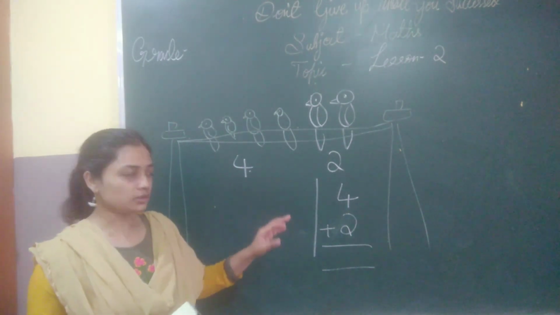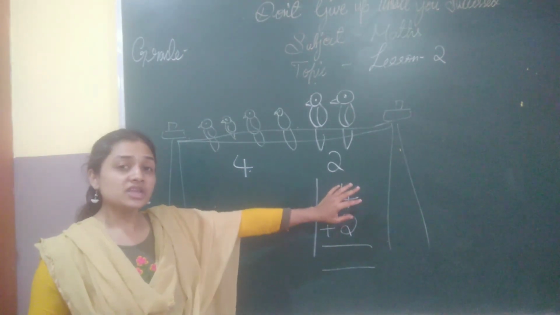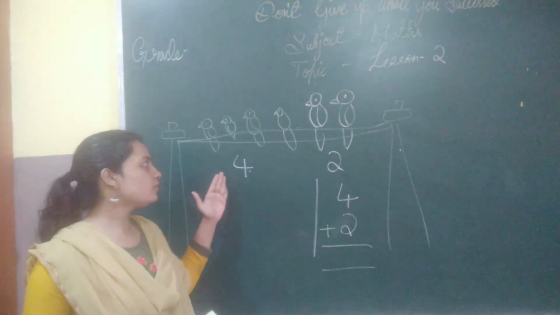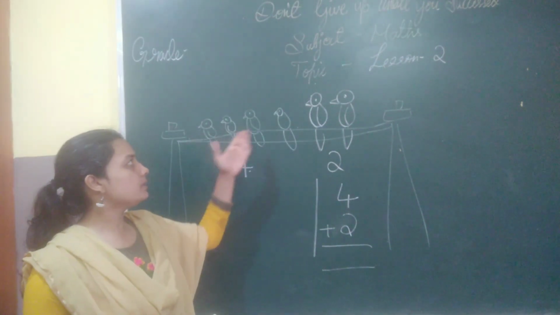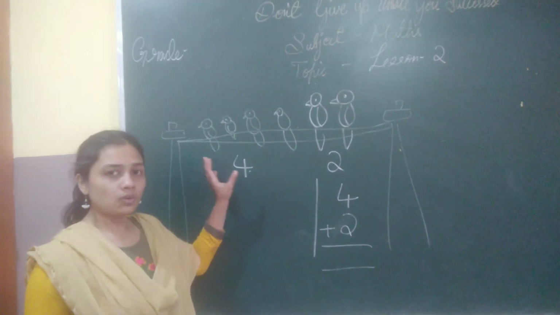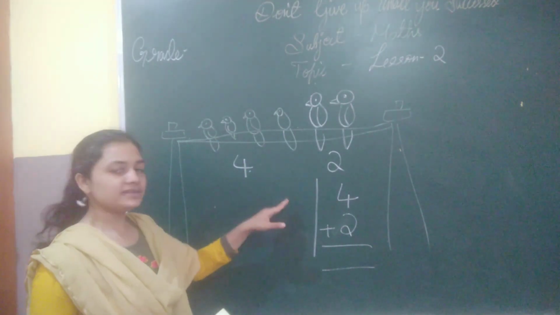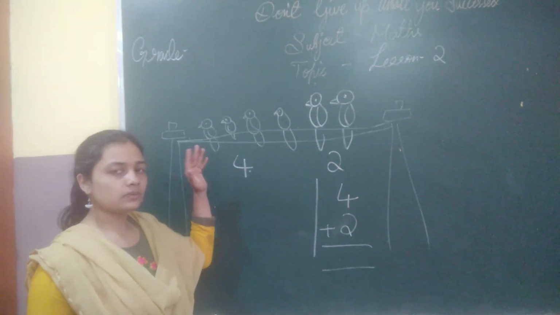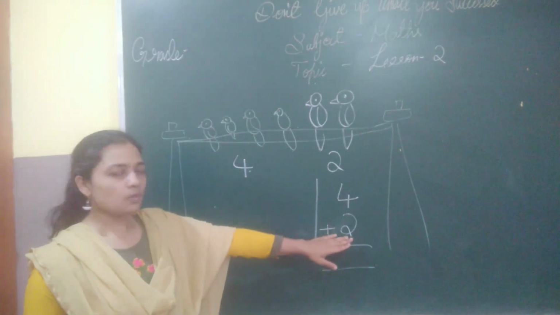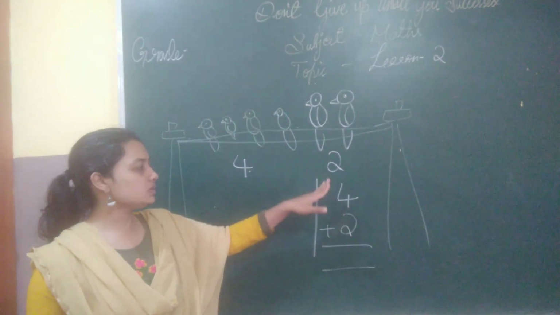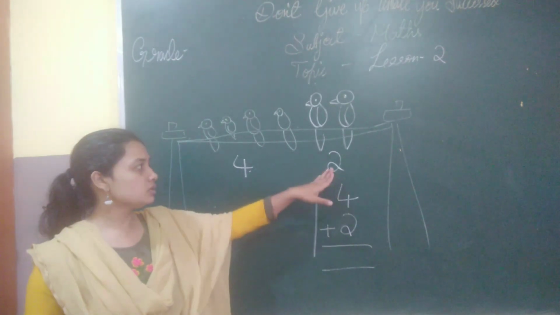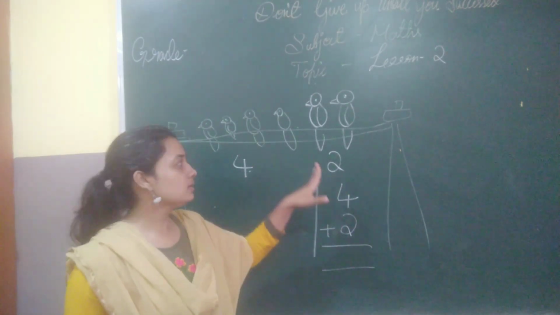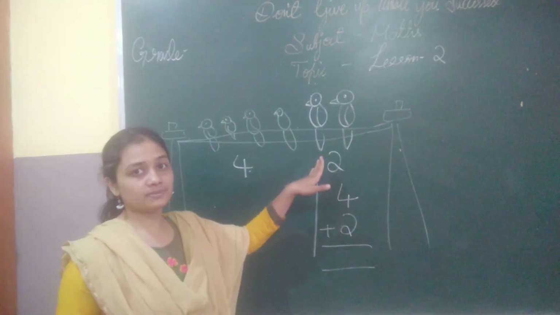So, to get the statement, you should see the number and check the question. What is this number telling about? What is 4 telling about? It is talking about the birds which are sitting already here. So, that is the statement: the birds already sitting on it. That was the first statement. Now, see what is about 2. Go to the question and see what 2 is representing. 2 is telling about the birds which came after some time. So, this is the birds which joined after some time.